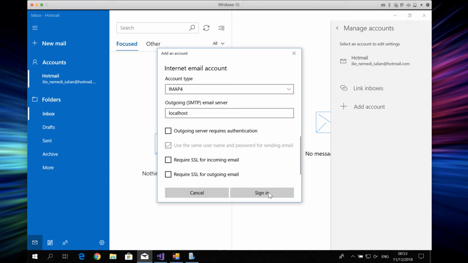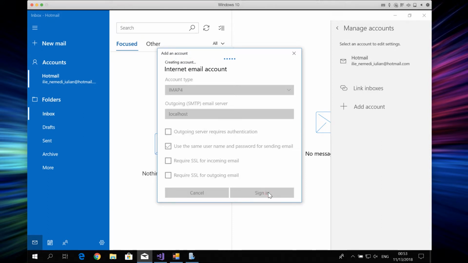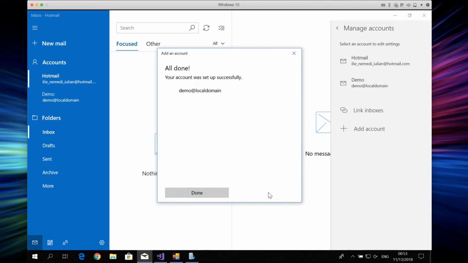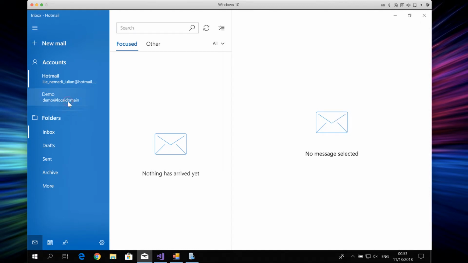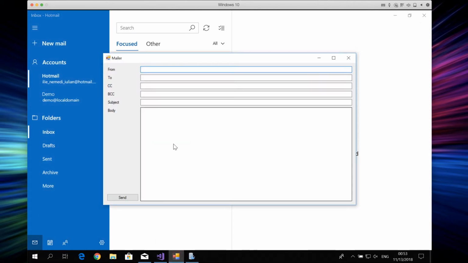So let me just sign in with this account. And if everything goes well, it says that my account has been configured. So this is my demo account. Let me just send an email from demo at local domain, and I will send it to demo at local domain, and that's going to be my test using IMAP